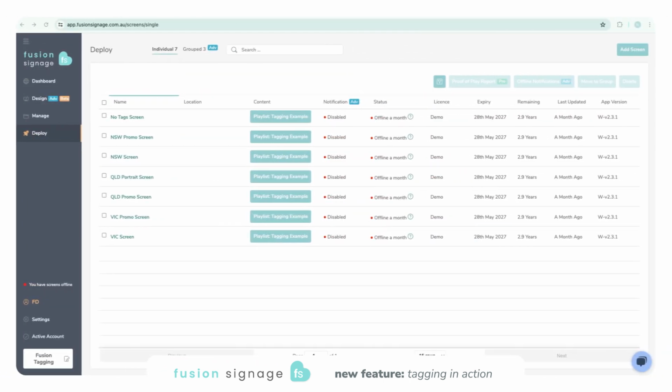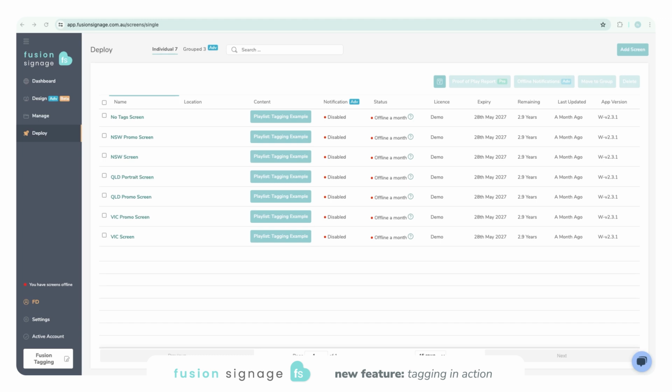How it currently looks, managing multiple screens can be problematic, as it means you need to manage lots of different playlists. Tagging, however, allows you to assign tags to your screen, where you can then build tag rules, which will put the content on the correct screen with the associated tags. There are no limits to the types of tags you set, it just comes down to how you want to